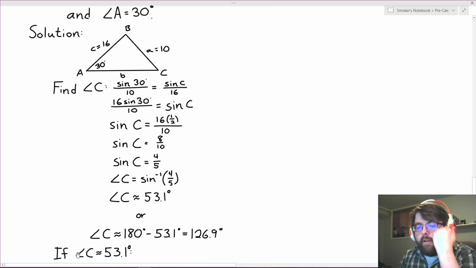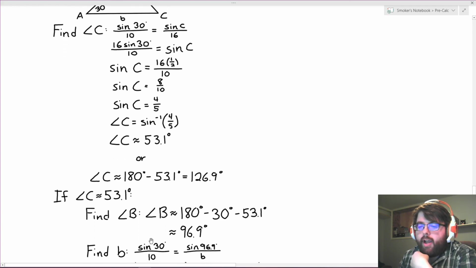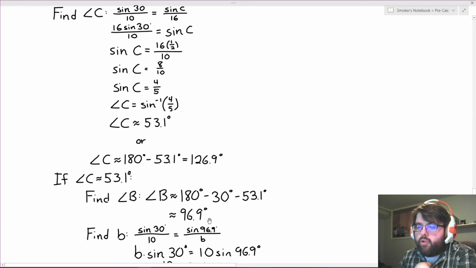So I'm doing, if C is equal to 53.1, then the angle B would be 96.9. Okay. So now we have the third angle. I'm going to do sine of 30 over 10. Always use the 30 over 10 because we know those exact. So sine of the angle measure we just found over the side. Remember to use answer. Make sure you use the decimal value that your calculator gives when you plug it in